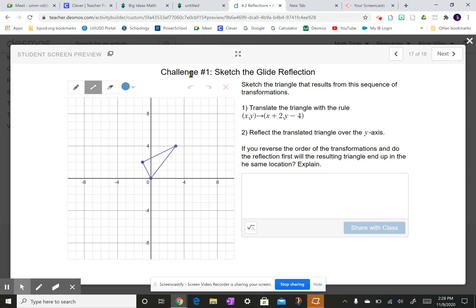So it says on challenge number 1, sketch the glide reflection. A glide reflection is a combination transformation where we not only translate, but we also reflect the shape. And we do them one at a time in the order given to us. So it says sketch the triangle that results from this sequence of transformations. The first thing it asks us to do is to translate the triangle with the rule